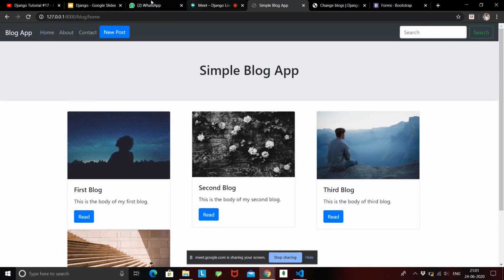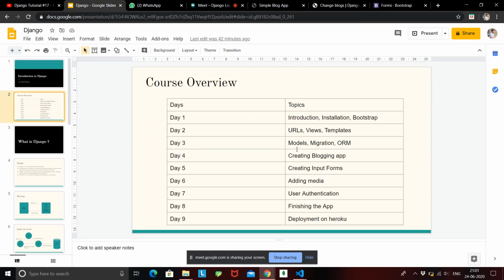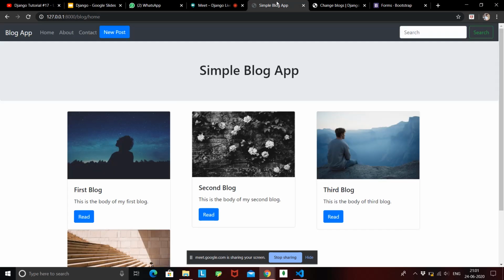What we are going to do next is that now we have created input forms and added media, and in tomorrow's lecture we are going to work on user authentication. That is day 7, user authentication. Only if a user is logged into your system through correct credentials, that is username and password, should he be able to add a new post.